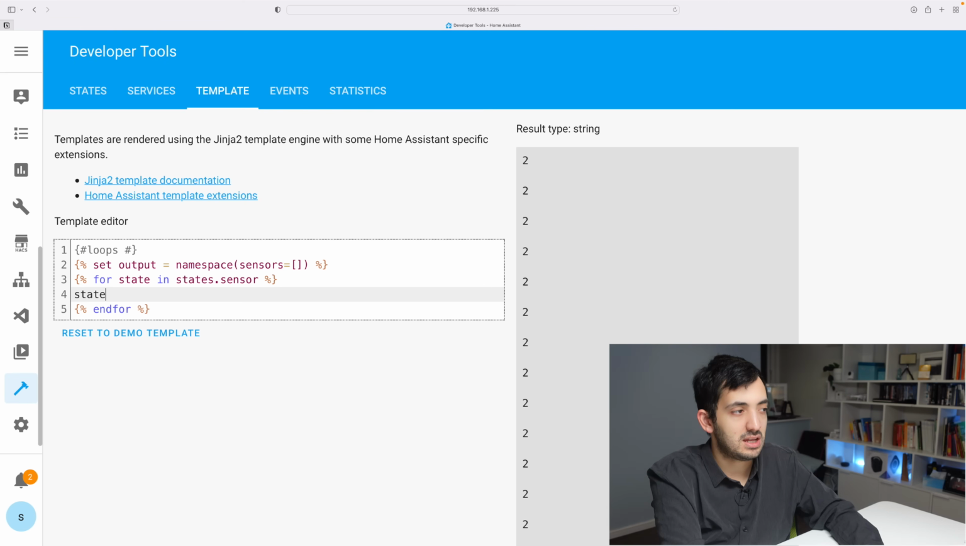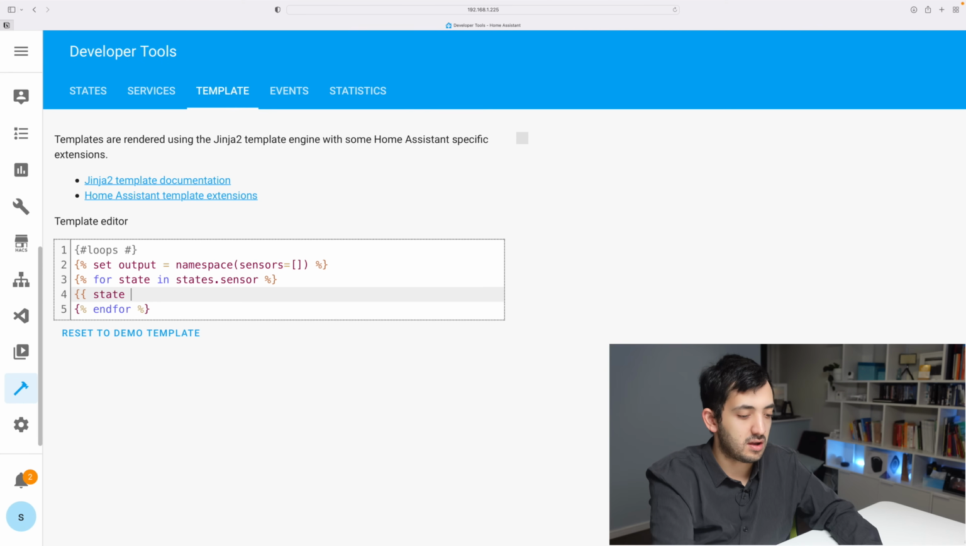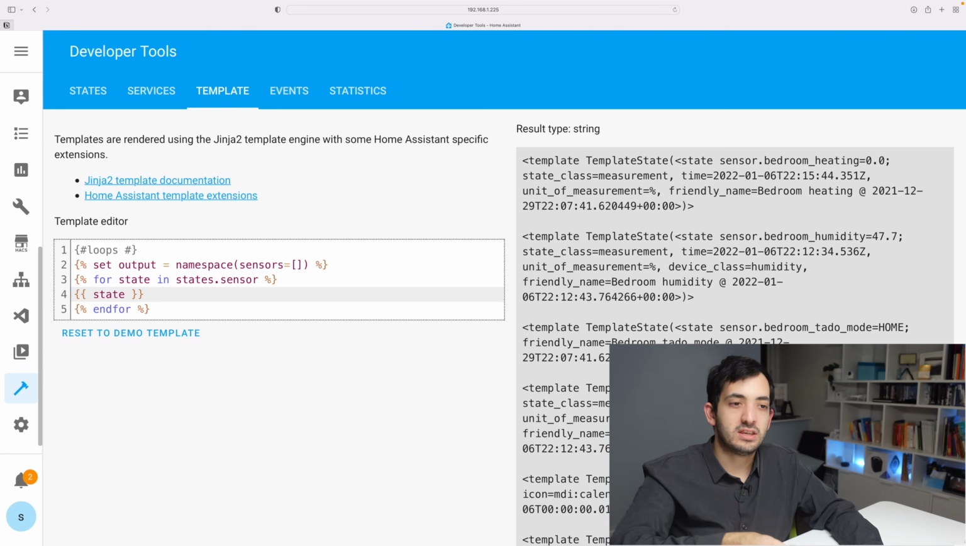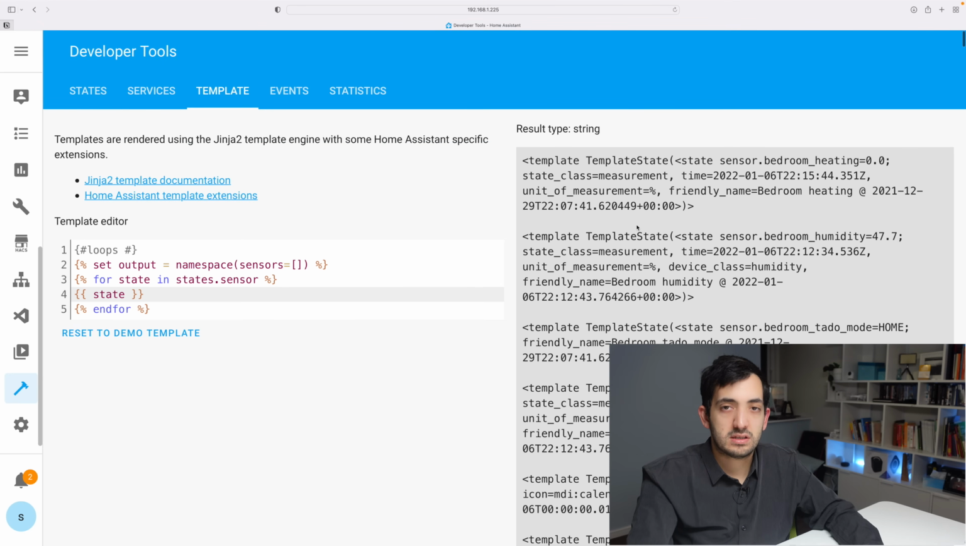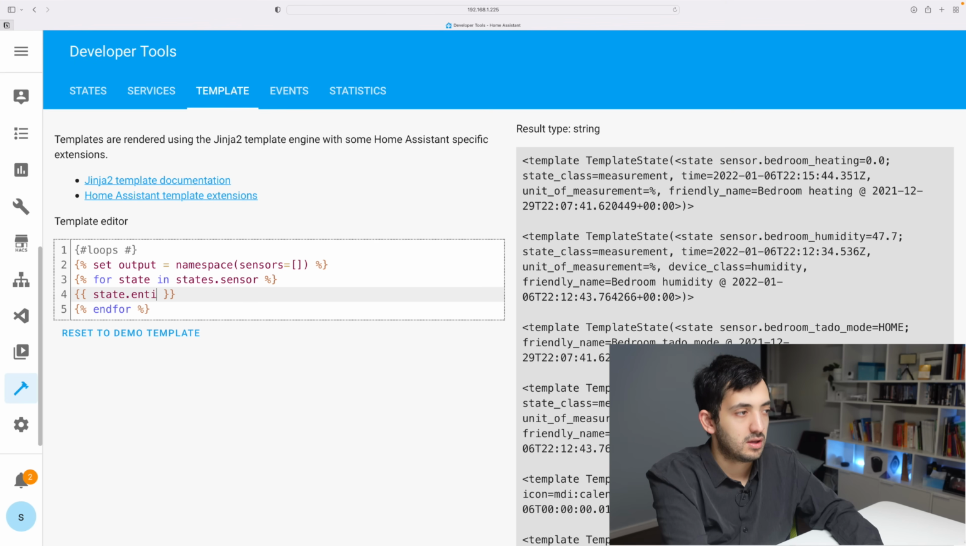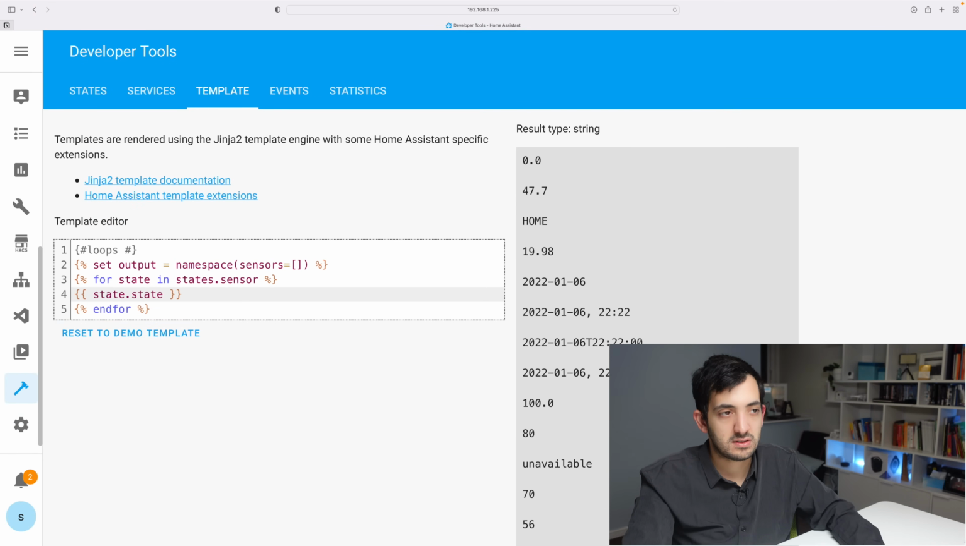In fact, if I did state, you can see it printing out state. Let's see, I'll put that around the curly brackets, and you can see all the information that we have. So state, and you can see every single piece of information that you can use in the loop. So that's one important thing. So I can do state.entityId, and ta-da, we have a list of all our entity IDs. We can change that. We can do state.state, and you can see these are all of the values of those